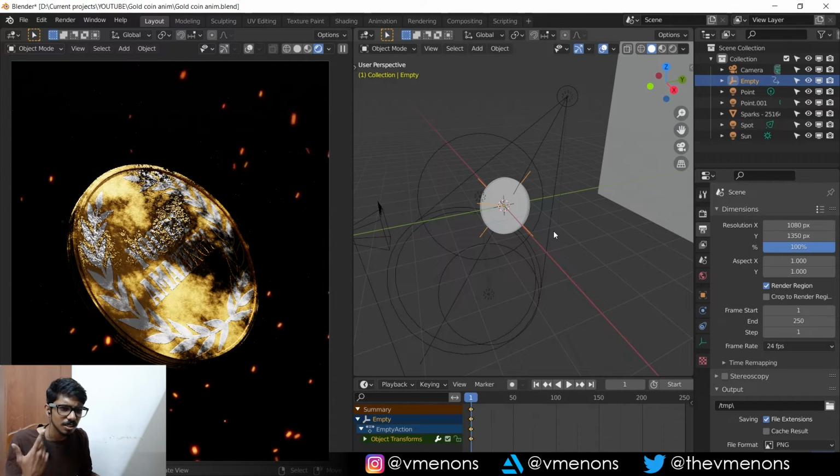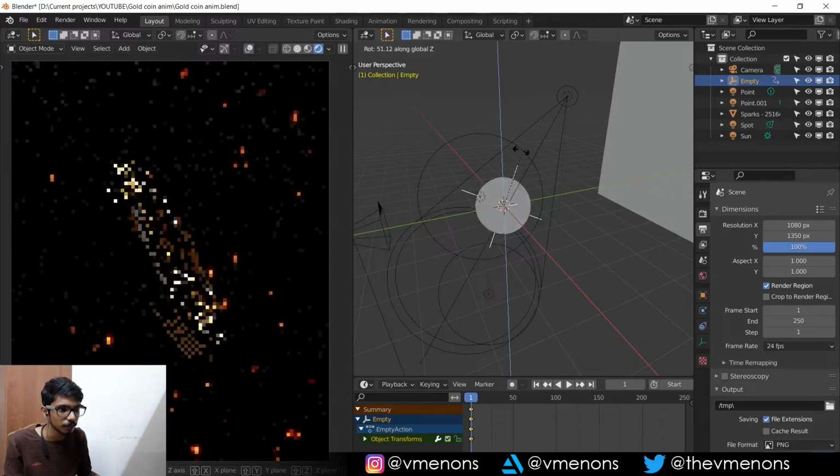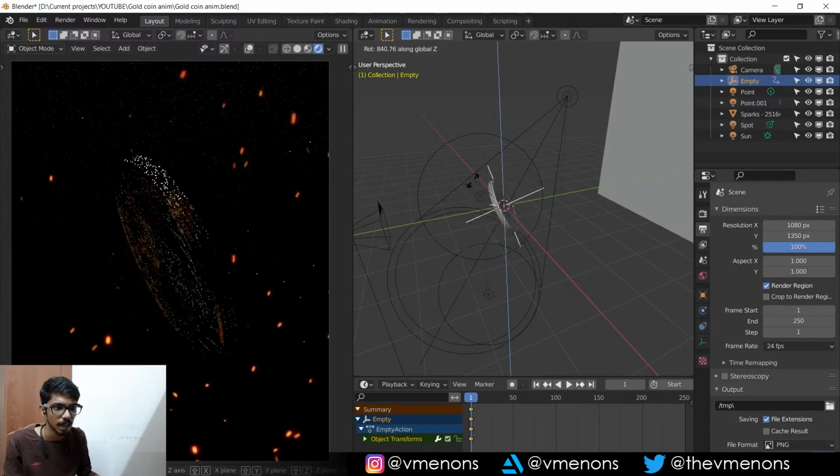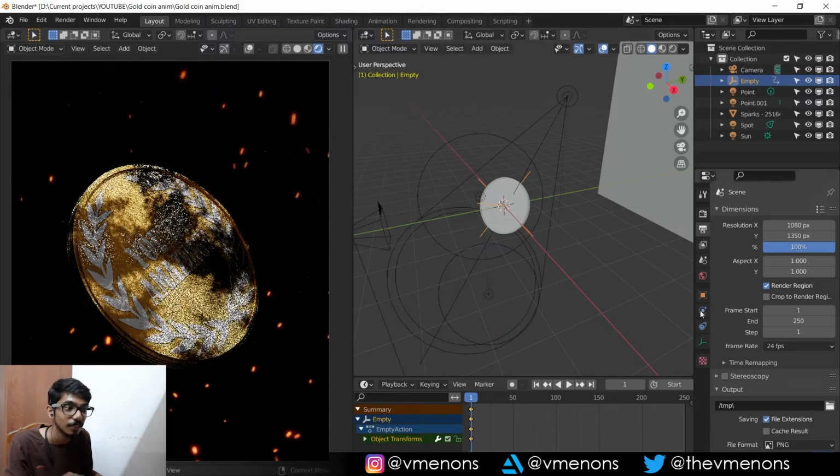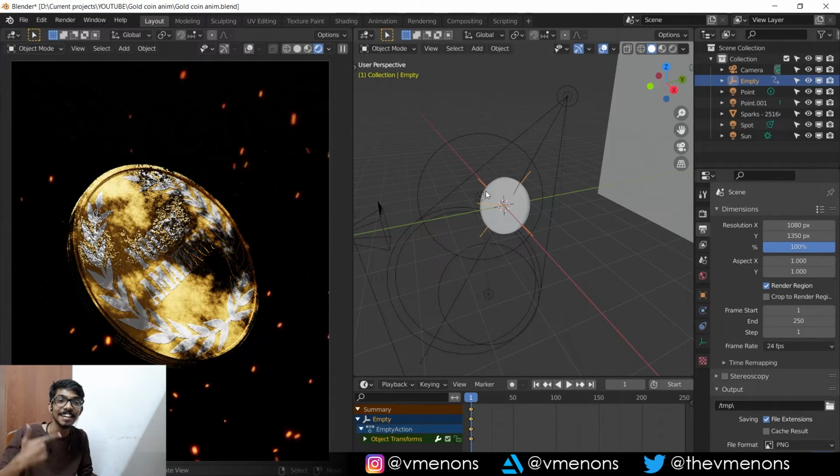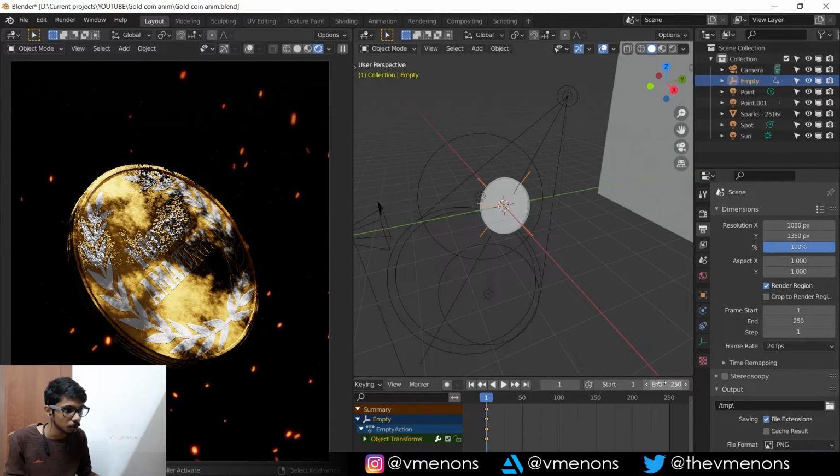Now how many turns do you want? That depends on you. Let's say I wanted to rotate 4 times, so that's 1, 2, 3 and 4. That's 4 times 360 degrees. So what is 360 times 4? 30 times 4 is 120, so that's 1200, plus 60 times 4, 6 fours are 24, so that's 240. So 1200 plus 240, that's 1440. So you will have to go to frame 250